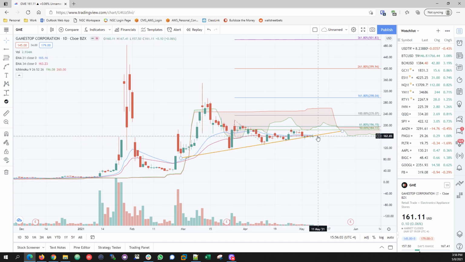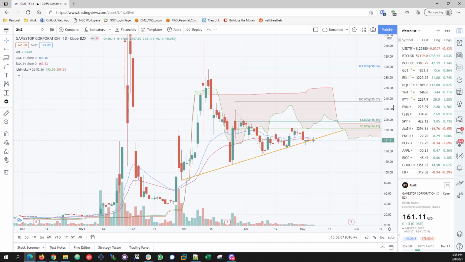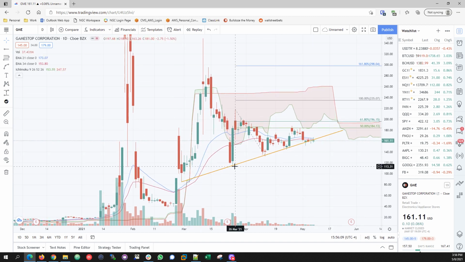Maintain this trend line. And it looks like it's on the border, so it's 50-50. I connected this bottom, this bottom, this bottom, this bottom. It's trying to hang out. It did lose it on Friday, so watch out. It's anybody's game. At this point, potential upside is 184, downside is 144.